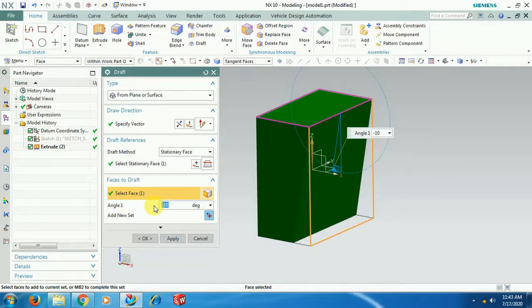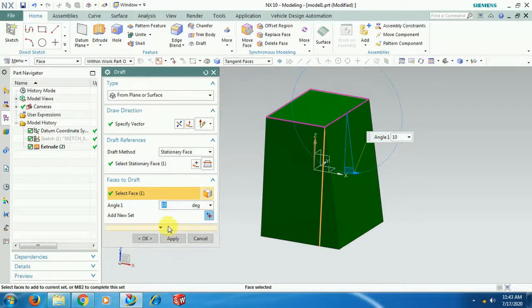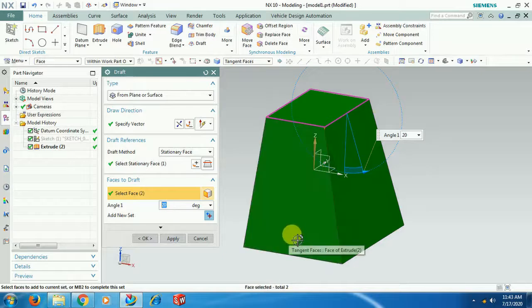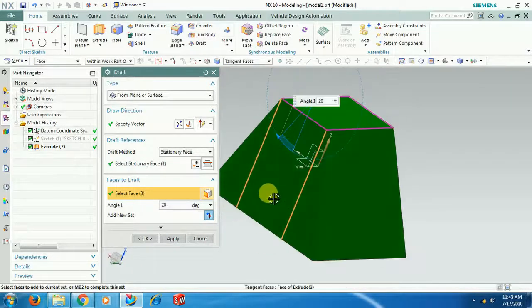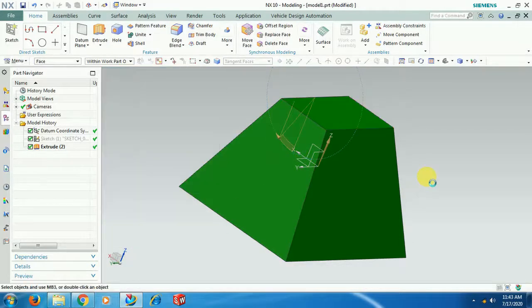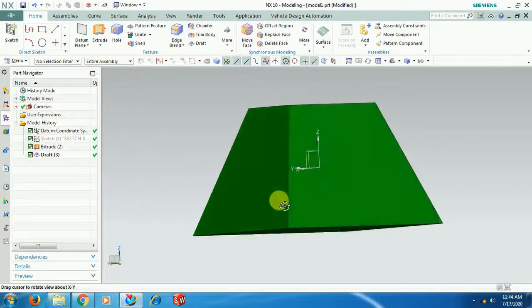If it is plus 10 degrees, you will get it outside. You can select multiple faces. I select this face and this face. All the faces are drafted to 20 degrees. This is the usage of the draft command.